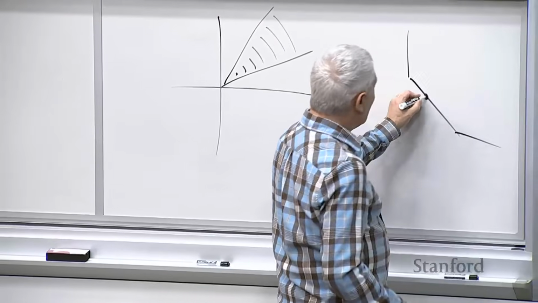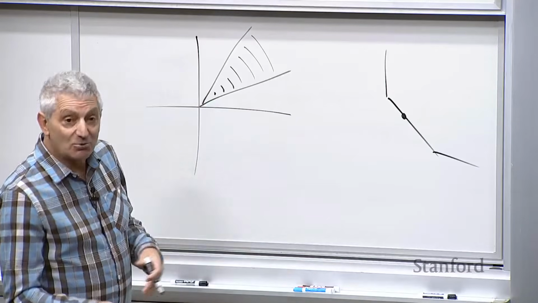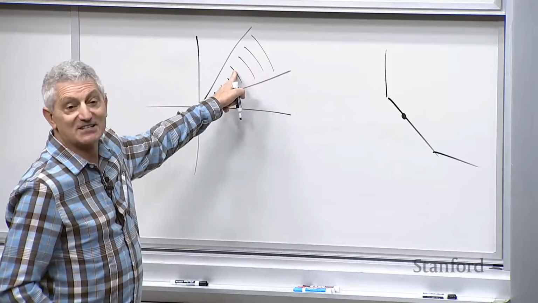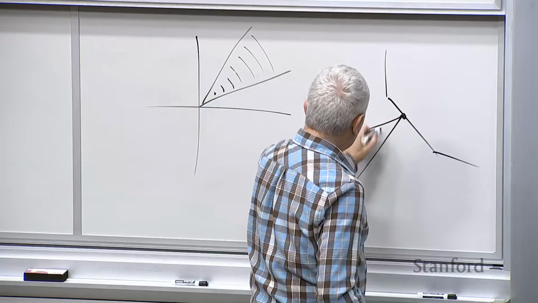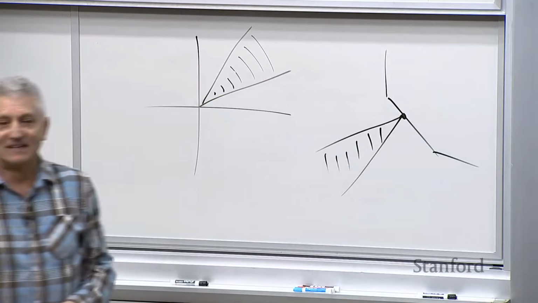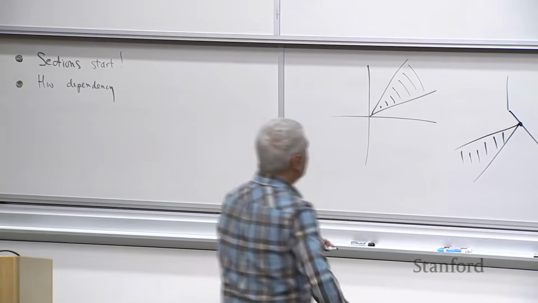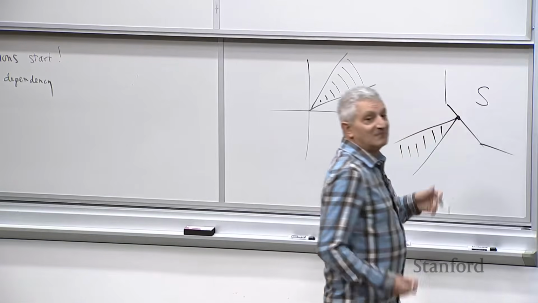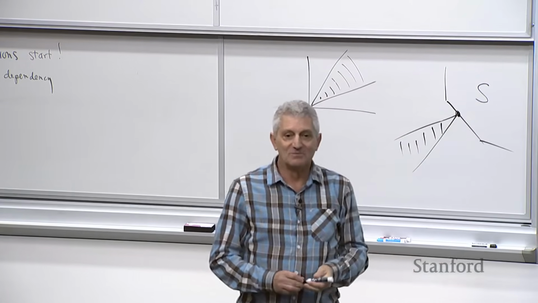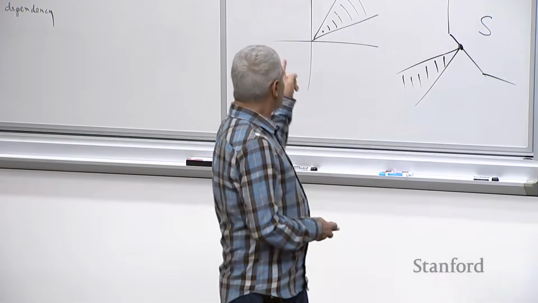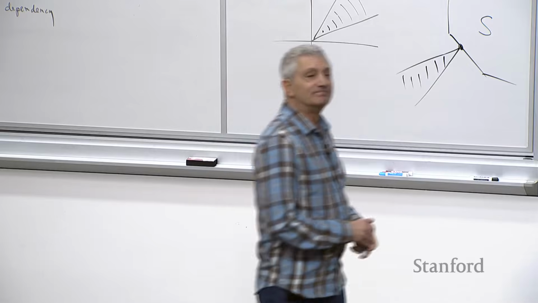Here's the point. And what you want to do is look at all the points that are less than or equal to this point with respect to this cone. And that basically looks like this. Let's see if I can do this right. It's going to be all these points here, right? And then we want to intersect that set with the set S, which is here, and find out if the only point is this point. And it is. So with respect to that cone, that point X2 is still minimal. Right. Okay.